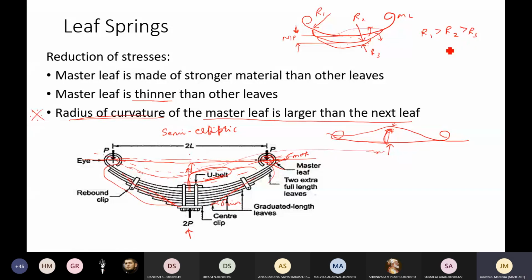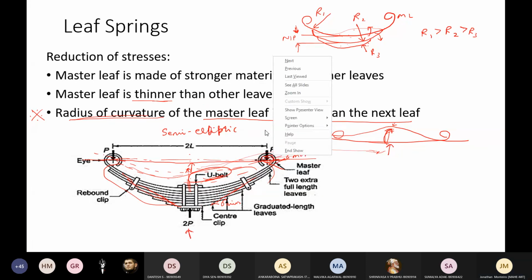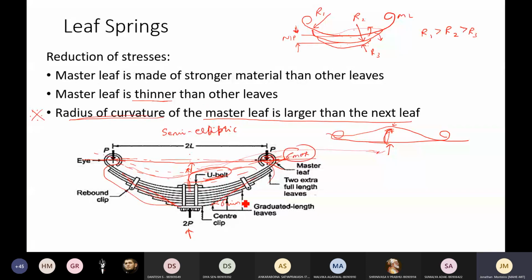Okay, more about this, and maybe I can say, what will, for example, what is the stress on this master leaf? I just now asked sigma max here and told maybe there is a sigma minimum here. Okay, how to adjust these two? So that part along with the derivation, we'll look it up in the next class, in the following classes.